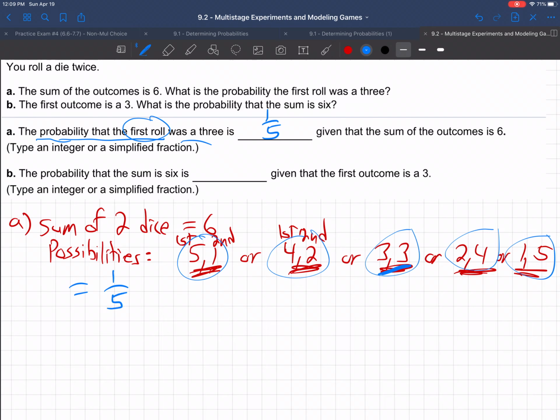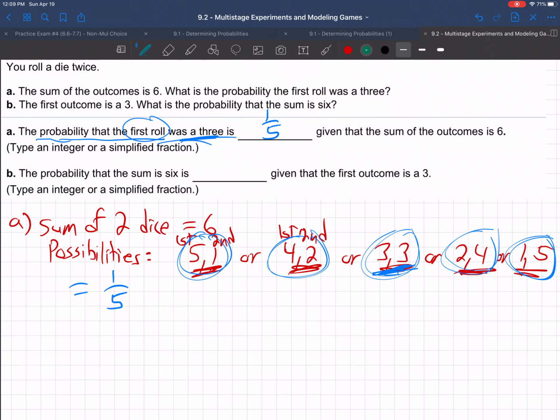Because again, if I know that I rolled a die twice and the sum was 6, then it was one of these 5 things that actually happened. And how many of those have the first roll being a 3? Only one of those 5 things has that being the case. Okay, so let's